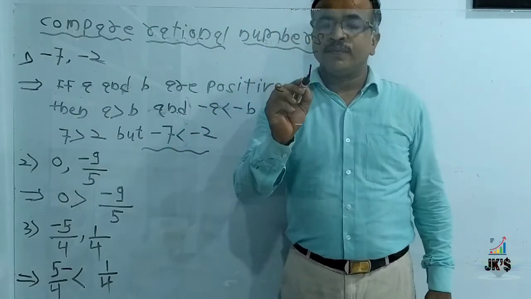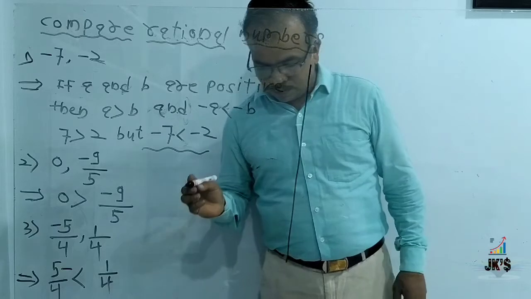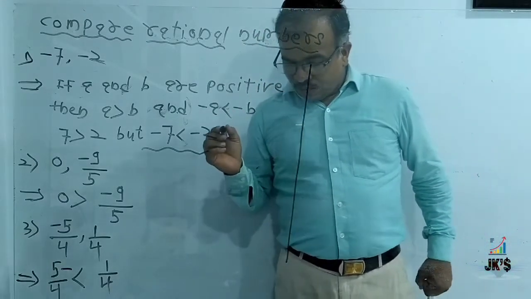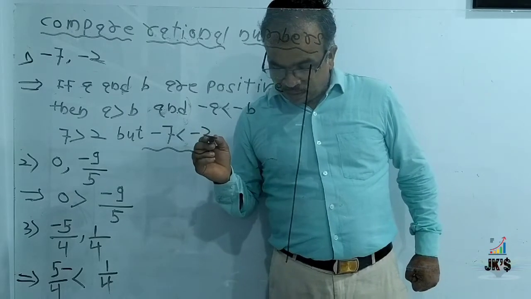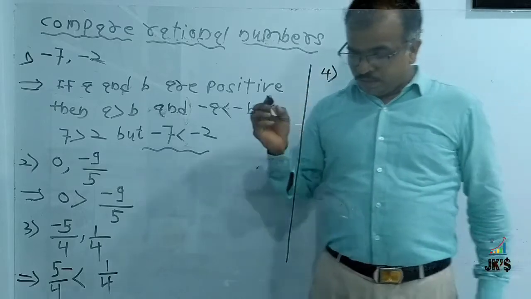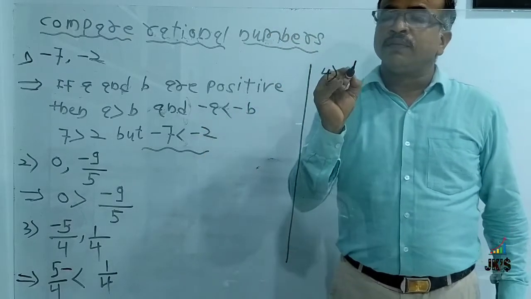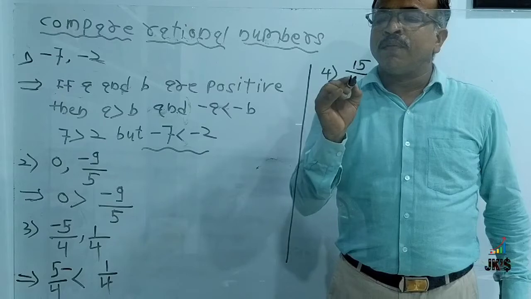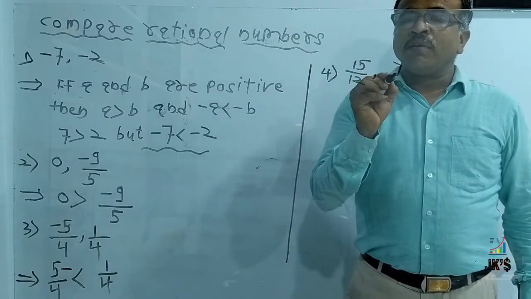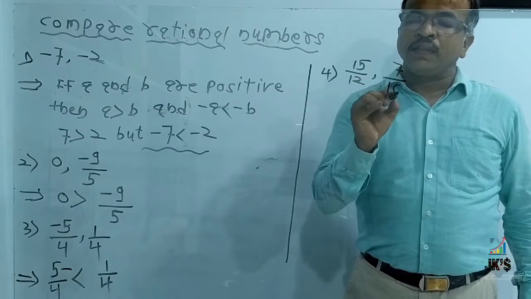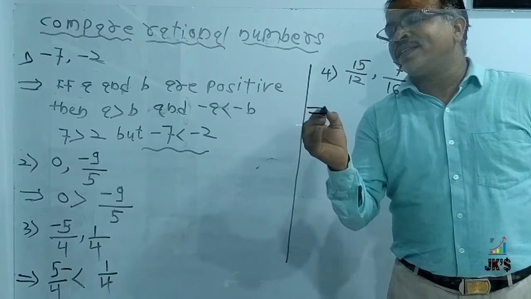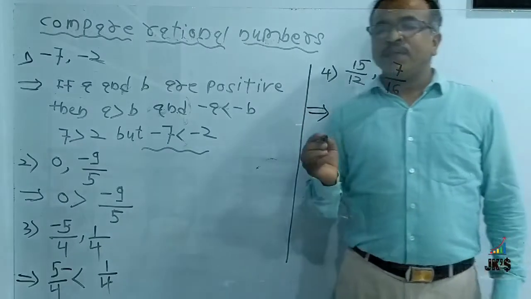Now we take the next example, the fourth one: 15 upon 12 and 7 upon 16. Here we take the cross multiplication. The first product is